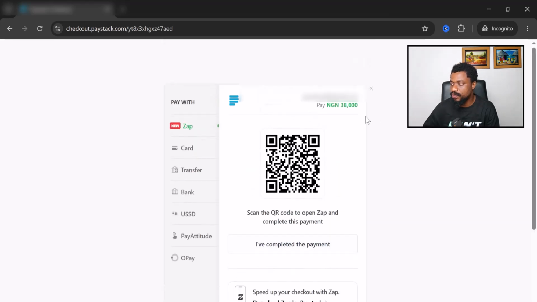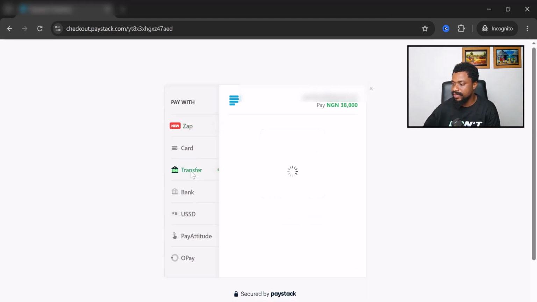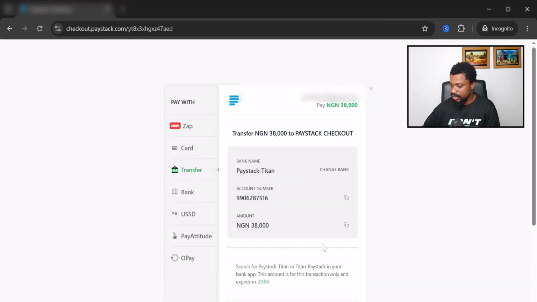I'll be ready to go. So Paystack did not register that we just needed to pay 500 naira. This is not Paystack's fault. This is going to be our own fault. People can now come here, use bank transfers, which is more common for Nigerians, and they can basically just pay and you receive the money inside of your Paystack. Sadly, I cannot test it because Paystack did not record it for us to pay just 500 naira, and I don't want to pay 38,000 naira just to test this,